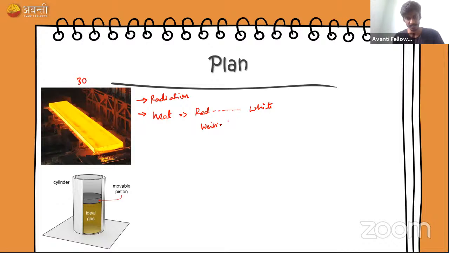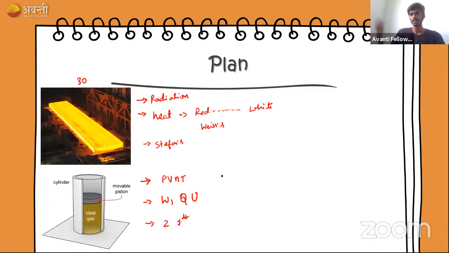We'll go through Wien's displacement law as well as Stefan's law. They're very simple. They're just like 2-3 variables in the whole equations. Once we are done with black body radiation, heat, and Stefan's law, we are good to go with thermodynamics. In thermodynamics, I'll briefly tell you what is PV = nRT: pressure, volume, number of moles, and temperature. And in detail we'll discuss work done, heat, and heat energy, along with the zeroth law and first law of thermodynamics. This is a brief overview of today's class. And for tomorrow's class, we'll go to isothermal, adiabatic, all these processes.